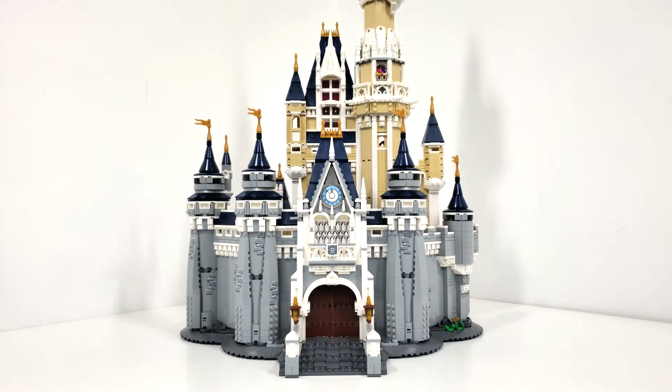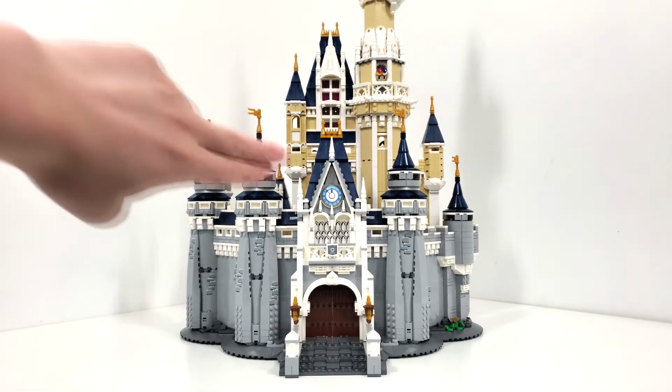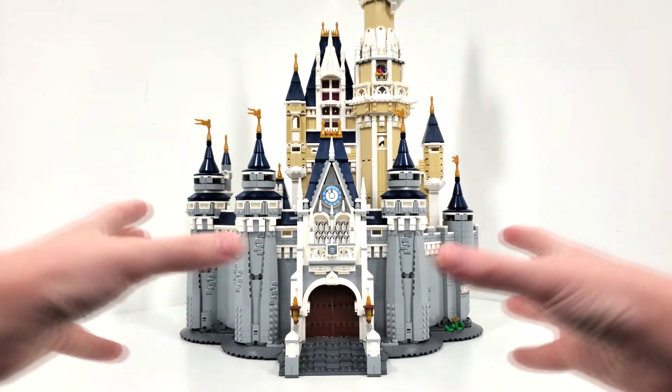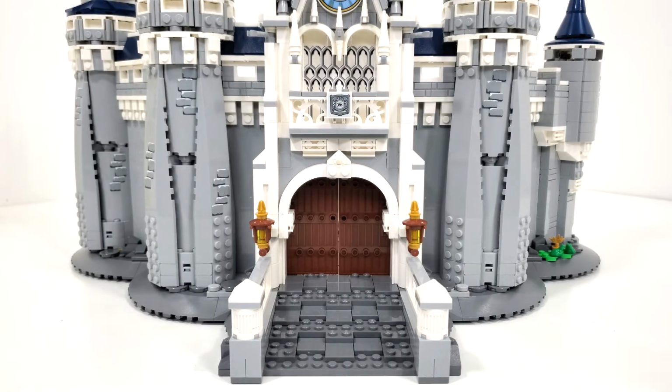And I do have to applaud LEGO on making it so this does actually come apart in 3 pieces. This top tower, this middle section, and then just this part down here. So that'll at least make it easier for us to take a closer look at all the smaller details. I thought we might as well start with the exterior and then move on to the interior when it comes